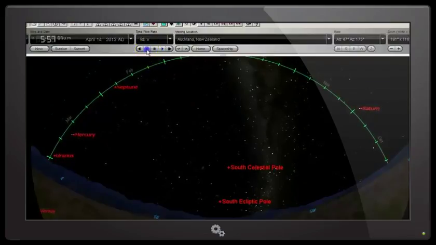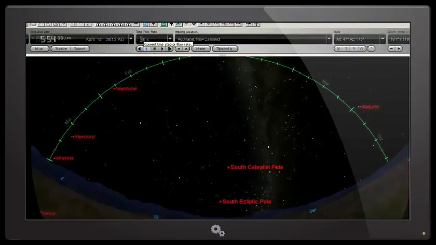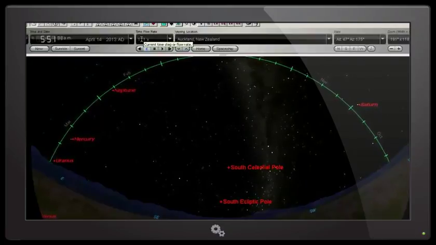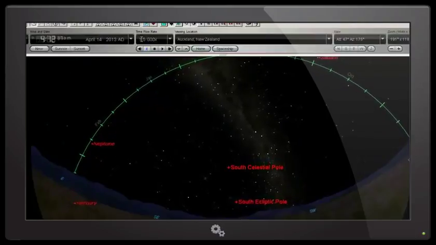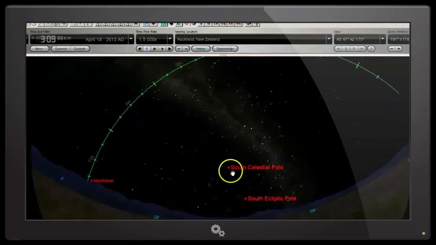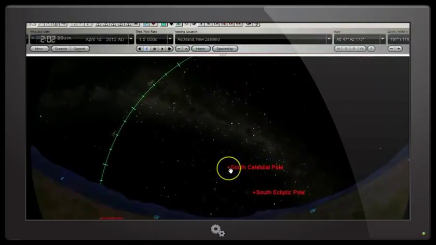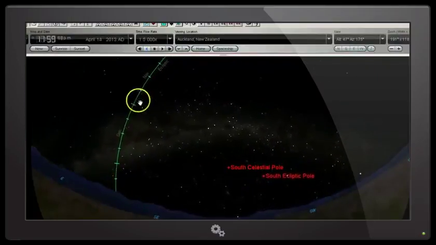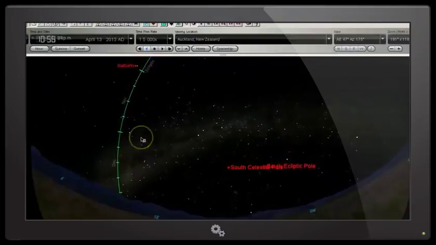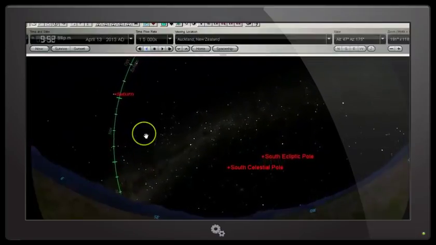In fact, I'm going to have to go the other way because it's nearly sunrise. So as I speed up time, we're going backwards in time here. You can see the stars are rotating around the central point. And here's the south ecliptic pole. Here is our ecliptic. So to say that Nibiru or Planet X or anything can't be seen because it's below